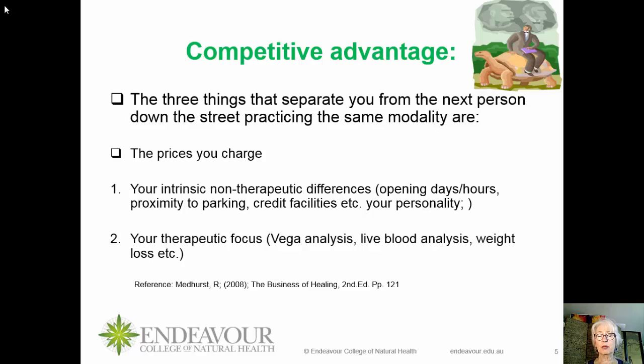A person might not be able to get there on a Monday because they work on that particular day, and next door offers Monday, you might offer Tuesday instead. Or your hours. It may be that you choose to work between the hours of 4 in the afternoon and 8 at night, times when many clinics have closed down. You might have that competitive advantage. Parking, big one. If people can't park outside your clinic or very close to your clinic, they often will pass you over and go somewhere else. Credit facilities.